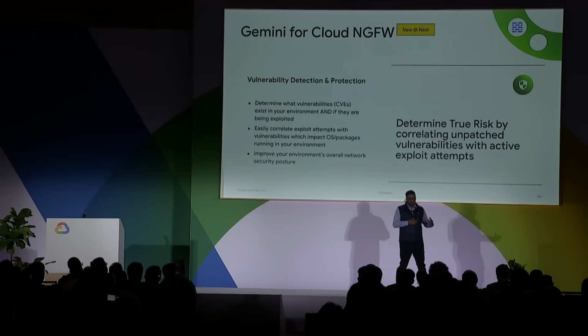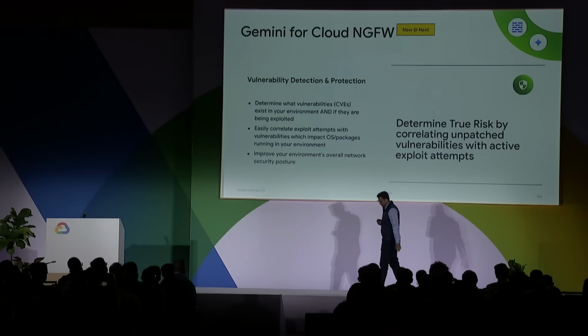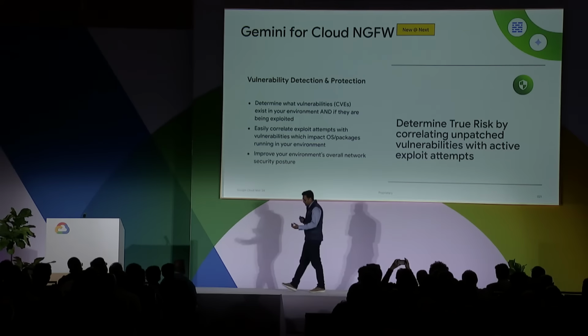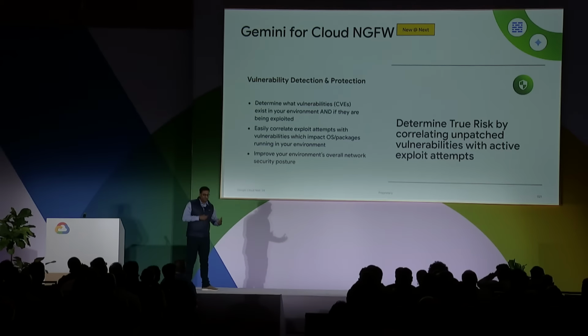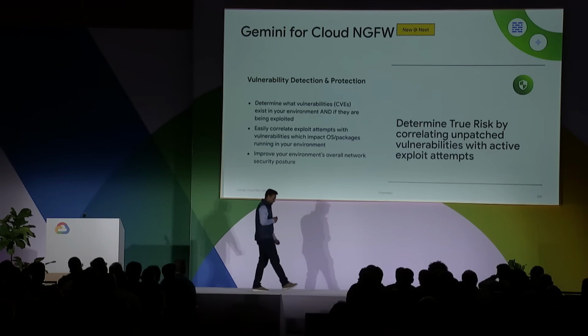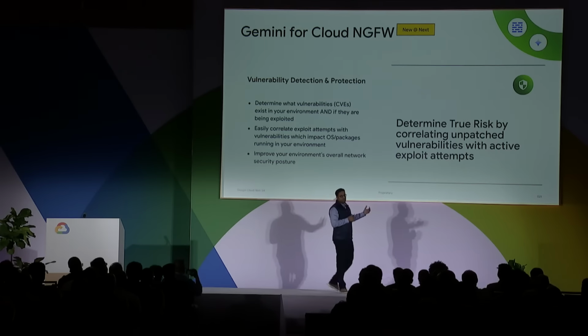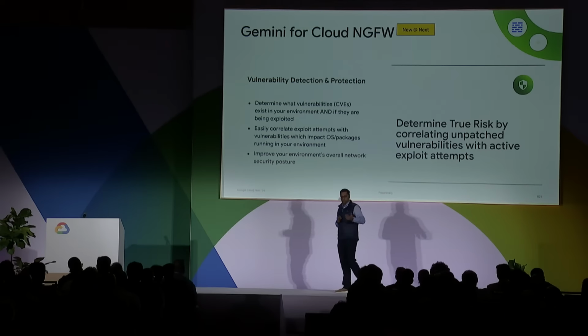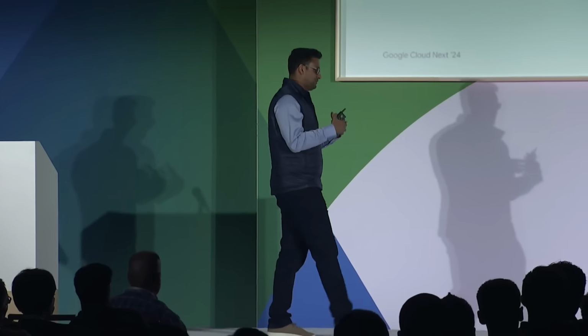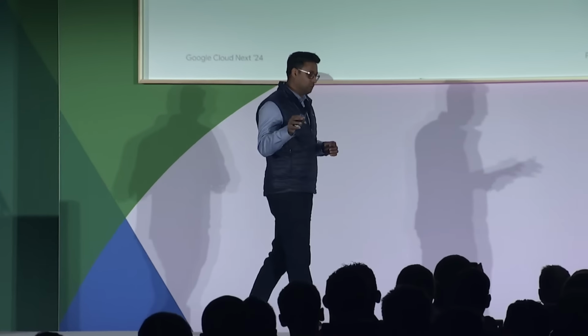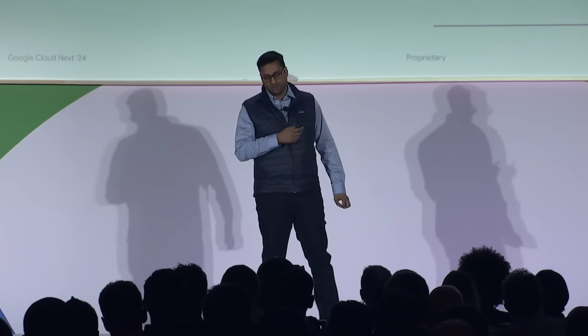In the beginning of the session, I laid the groundwork, and I said that there is this evolving threat landscape that is impacting and making network security hard. One of the other things that I am also hearing from a lot of customers is a shortage of talent. If you take an example of vulnerability detection and protection, on one side you have security teams getting thousands of alerts from their network sensor. And on the other hand, they have a long list of vulnerabilities that actually impact their environment. There is no easy way to correlate these two, and how do you decide what alert to prioritize, what patch to prioritize from a software perspective as well.